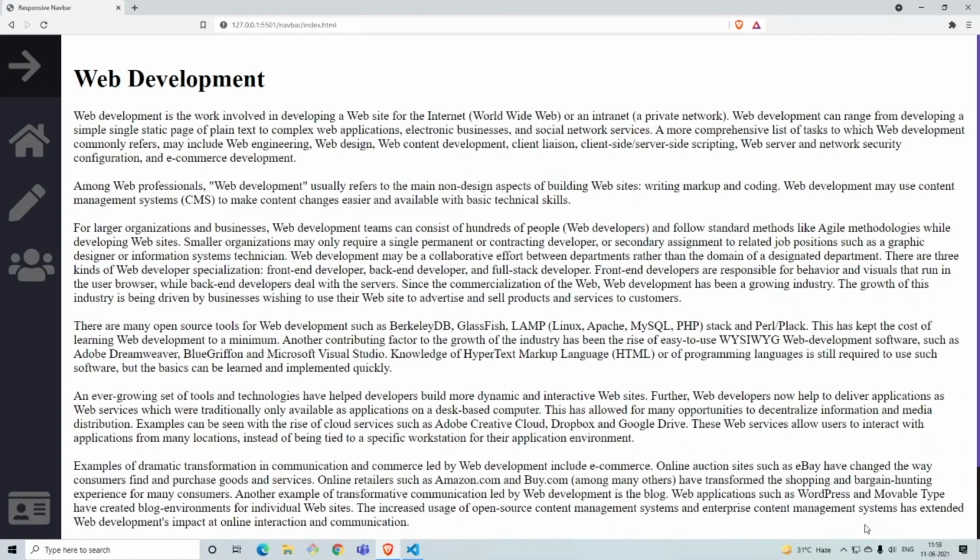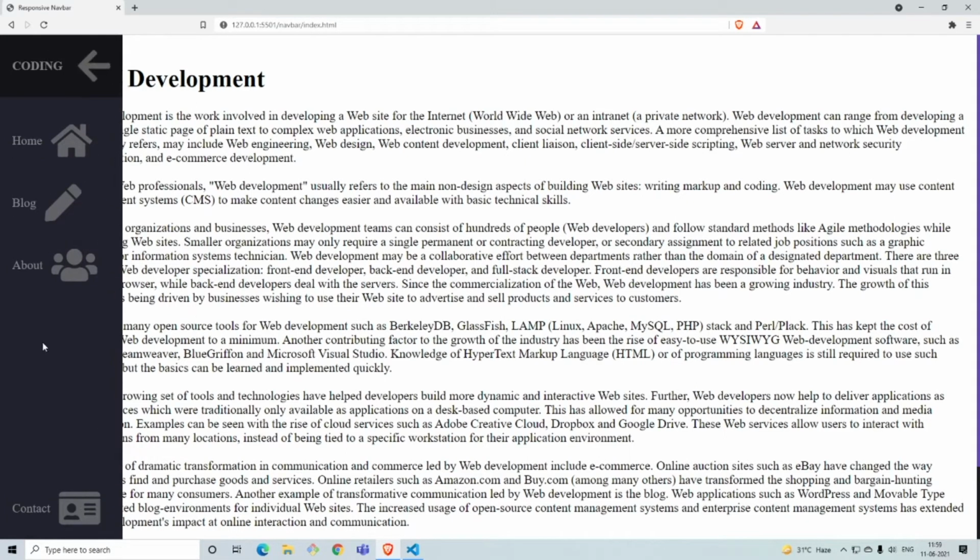Hey guys, welcome back. This is another video on the Simple App series where we create simple applications using HTML, CSS, and sometimes even using JavaScript. So this one is only using HTML and CSS, where we'll be creating this responsive nav bar, where upon hovering